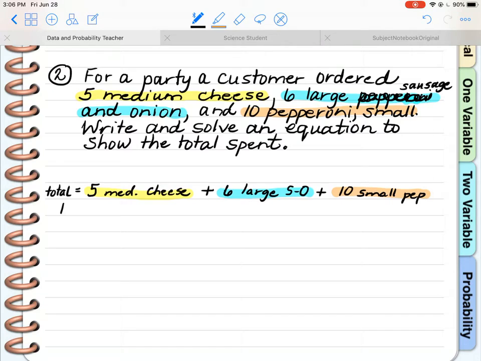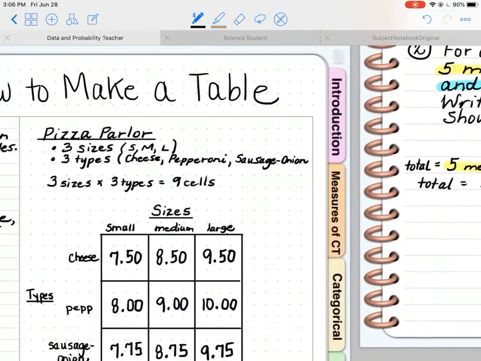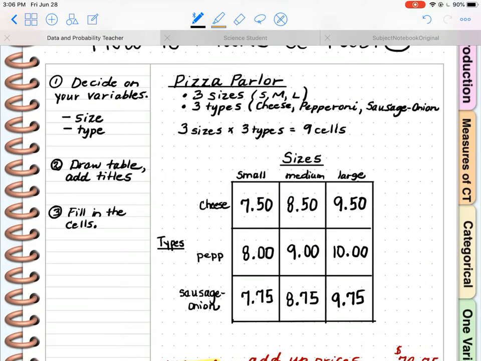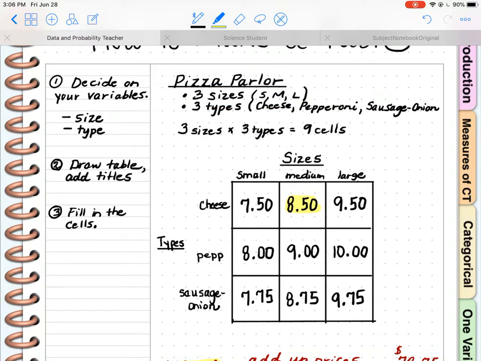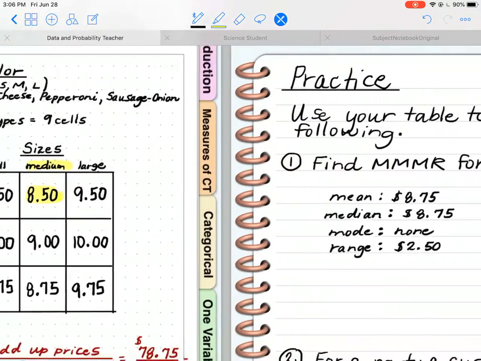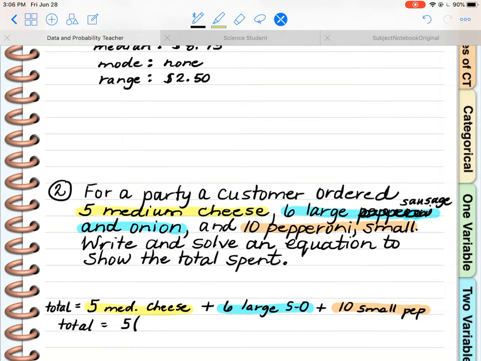So then we come down another line. We have total equals 5. And I need to look back at my table and get the price for a medium cheese pizza. So I slide back over. A medium cheese is right here. Medium cheese is $8.50. So let's plug in that $8.50 for the medium cheese,